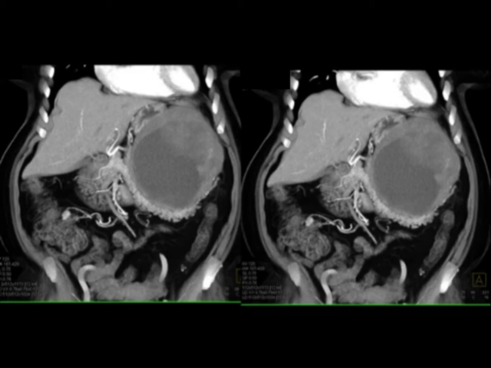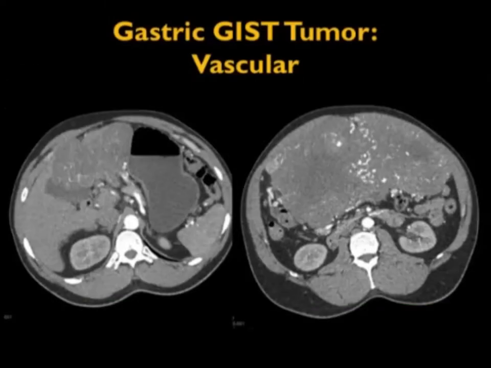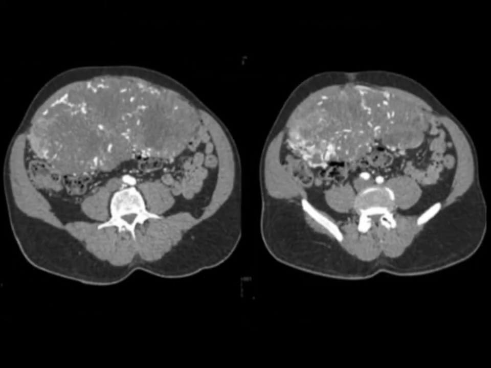So GIST tumors are one of the most necrotic tumors. They're solid but have areas of necrosis, particularly as they get larger. They often can have vascularity. I mentioned the most vascular GIST tumors are the smaller ones, but if you look at this case, a large